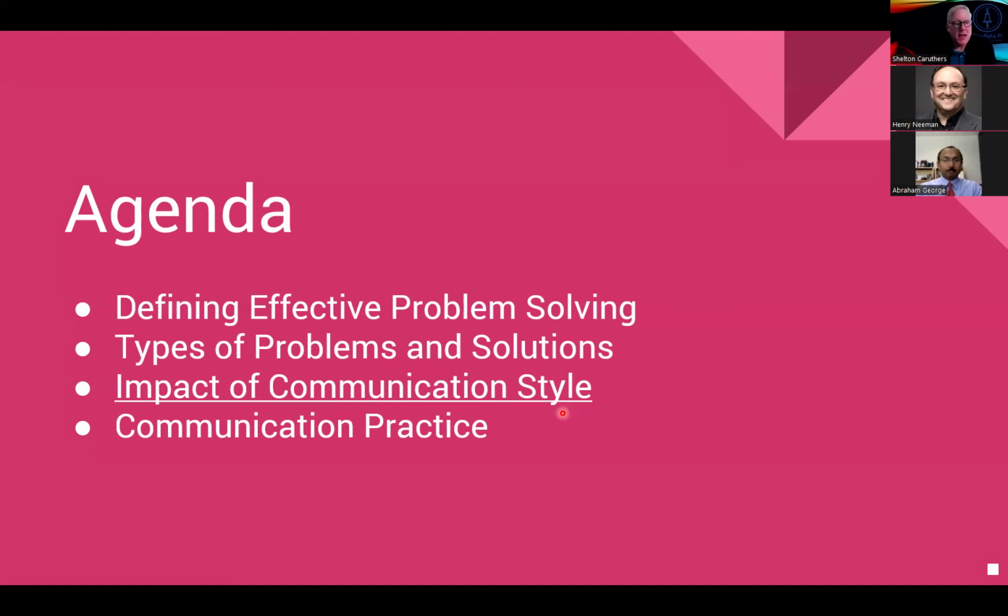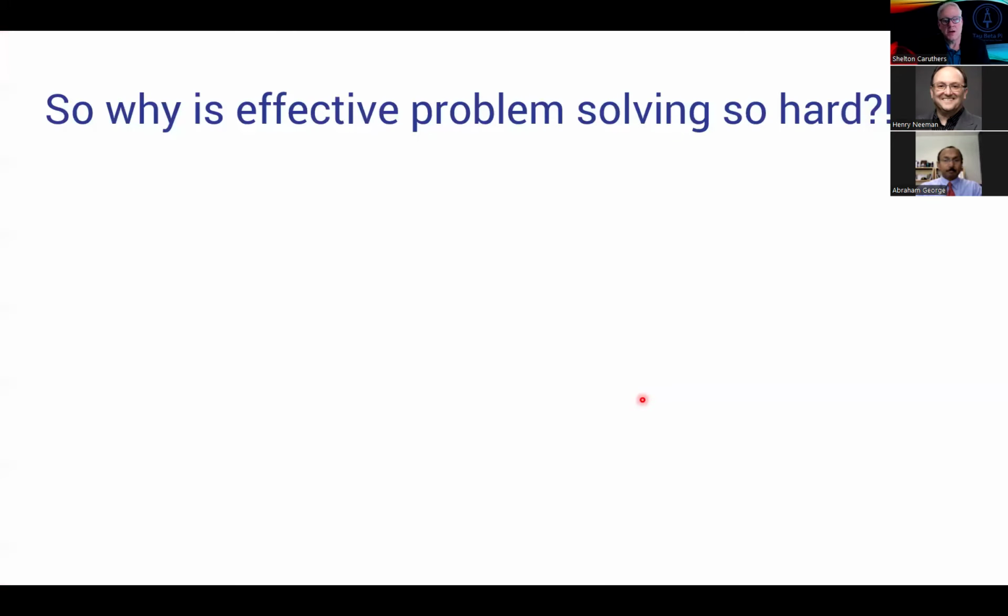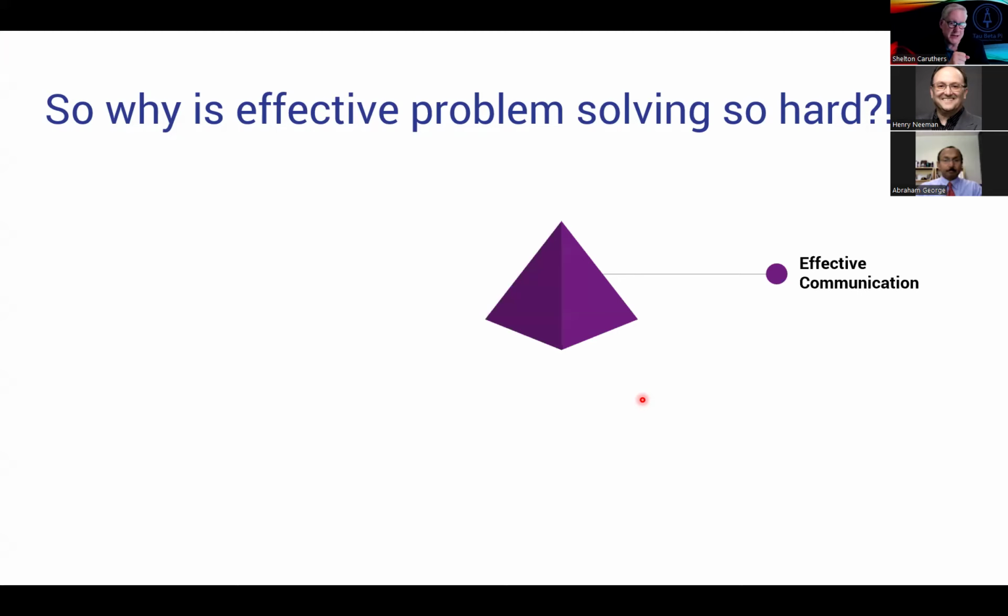And now we're going to talk a little bit more about the impact of communication styles in these solutions. So I want to go back again to our effective problem solving. Again, effective problem solving was not just removing the obstacle, but it was removing the obstacle within the constraints, within the limits, and maintaining that relationship.